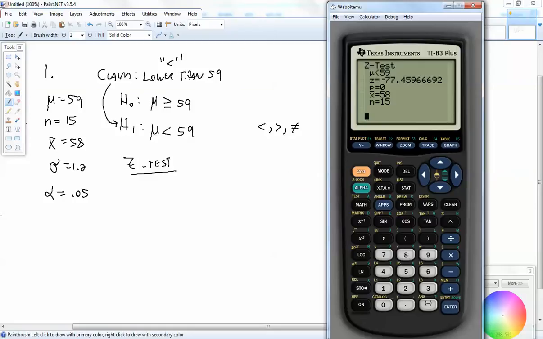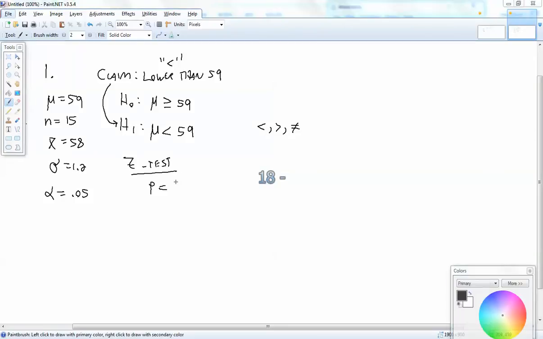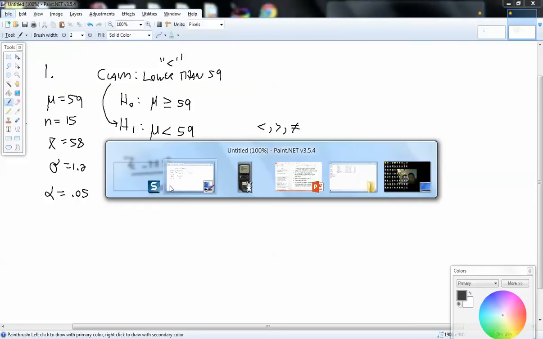I didn't put in the right value, try it again. Stat, test, z-test. My eyes are bad. 0.05, that didn't sound right when I put it in. 1.2, I was looking at the wrong line. Okay, 1.2. Now let's down arrow and choose calculate. Okay. Got p is equal to